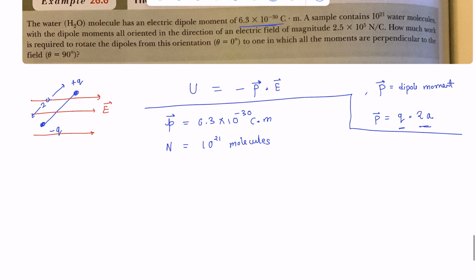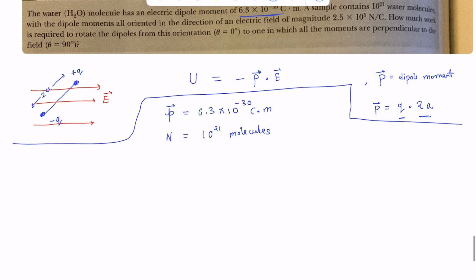So this was all related to the problem, but not directly what we will be needing in the problem. So I'm going to make a diagram now. The condition now is that initially the dipole moments, okay, let's think of just one water molecule for now. So initially we have this. If you have an electric field like so, right, then